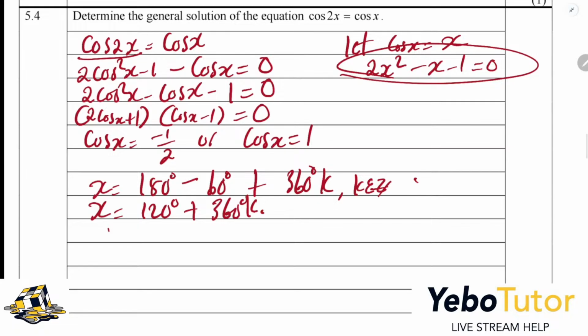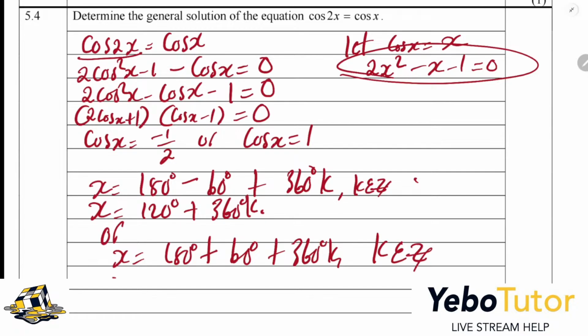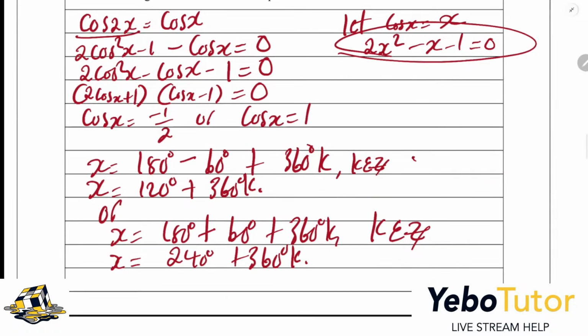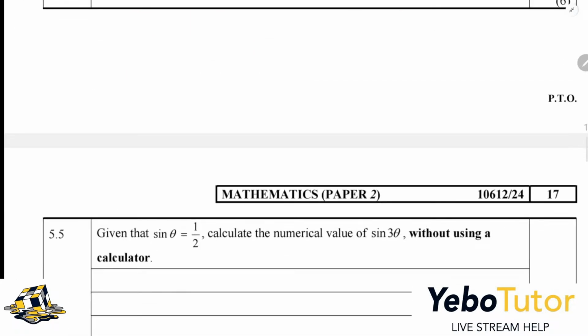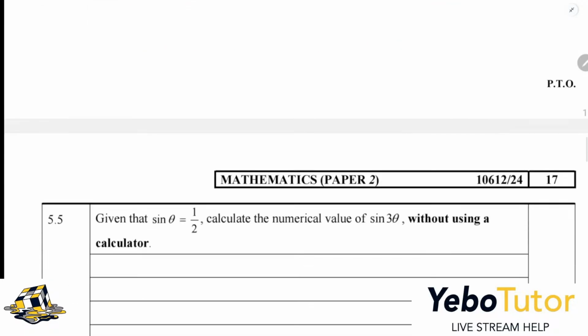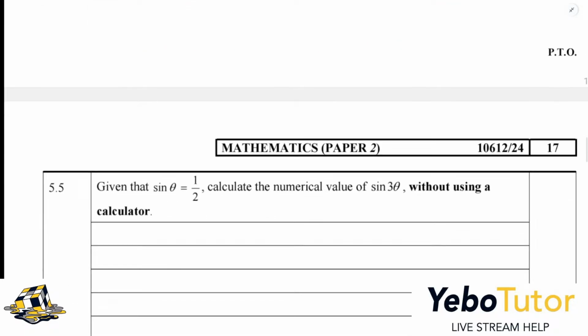So this can also have an "or", and you can have x is equal to 180 degrees plus 60 degrees plus 360 degrees times k, where k is an element of the integers. Then from that point, your x will be equal to 240 degrees plus 360 degrees times k. Of course, your k still should be an element of the integers. Okay, now given that sine theta is equal to 1/2,